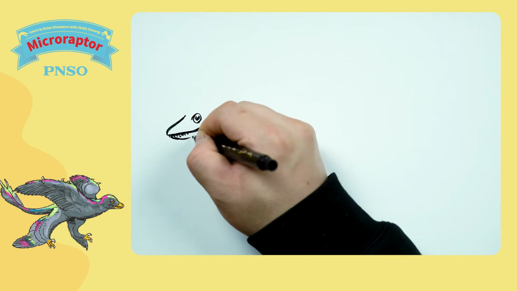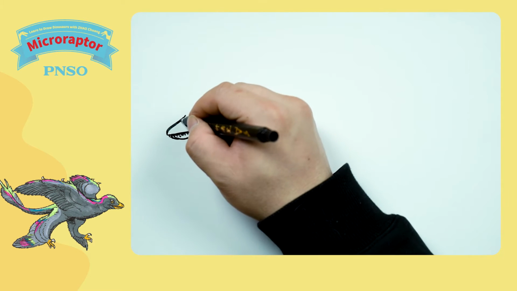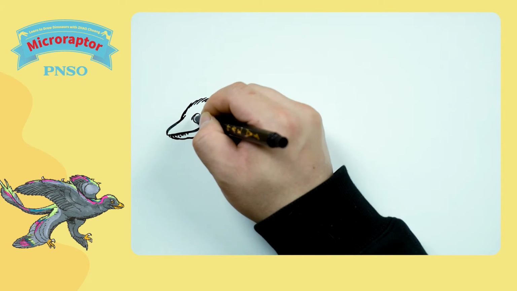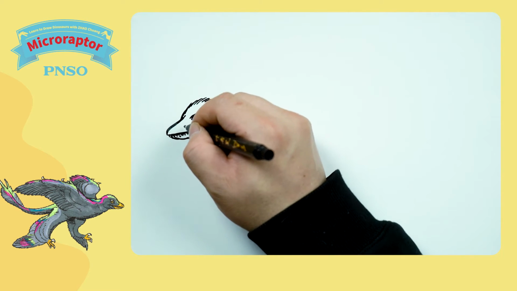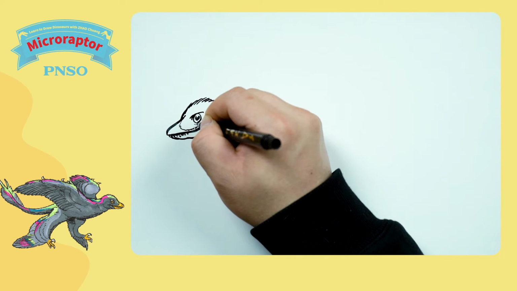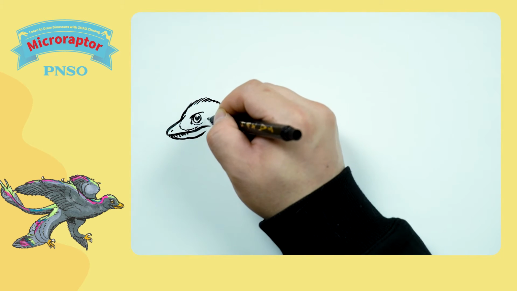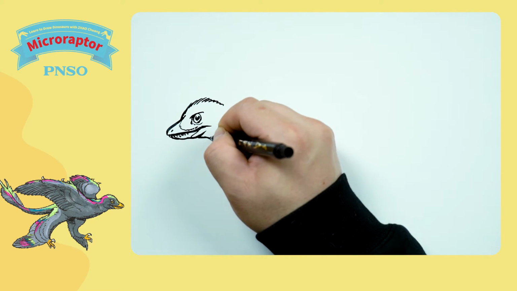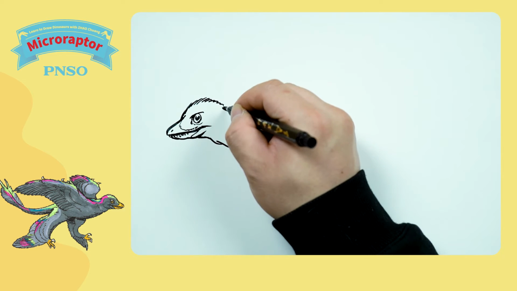Then, we come to its lower jaw. Next, use these hair-like brushstrokes to outline the top of its head. Now, draw its upper brow and mouth. In the front of the mouth, show the nostril. Draw a boundary line on the lower jaw to indicate the position of the feathers. Proceed to draw its neck,